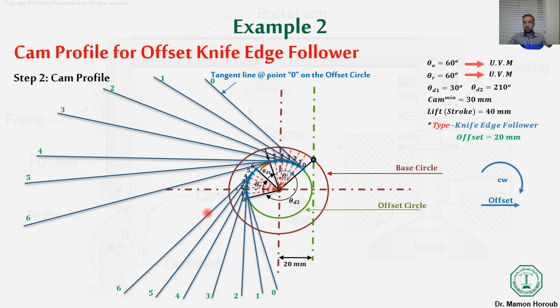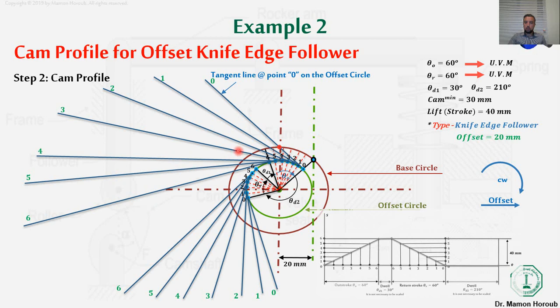So by this point, we are drawing here. We have drawn the lines. We need to go back to the displacement diagram, and based on the displacement diagram, there are distances based on the motion of the follower. As an example here, in the first point, we have this much of distance, right? We need to reflect this distance on the line that we drew from 0 to 6,